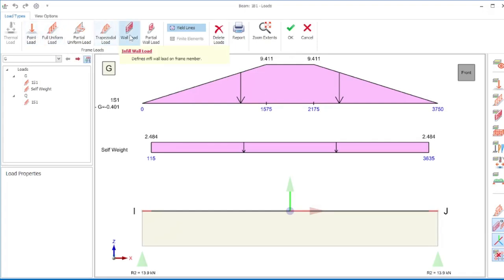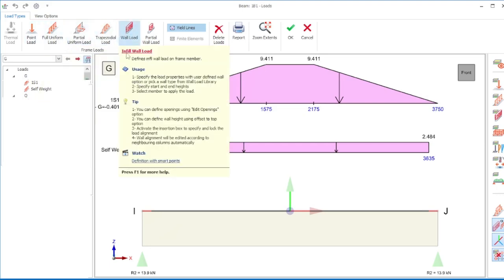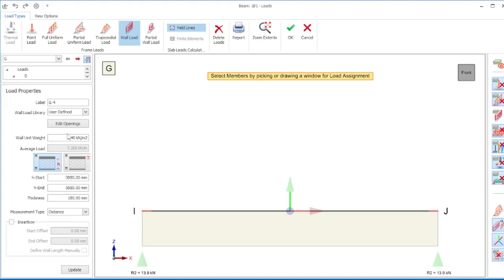So you're going to be having a wall load, not a point load, not a uniform load. So you click on wall load. Okay, so it's a user defined wall. This is the label. You can edit the openings for your wall if you want to. Okay, so software has already given me that the unit weight of the wall is 2.40, but you're not going to be using a 2.40 unit weight because we are going to make an inclusion of plastering. Okay, unit weight of a 9 inches block is 2.40. Right, but then we are going to be adding